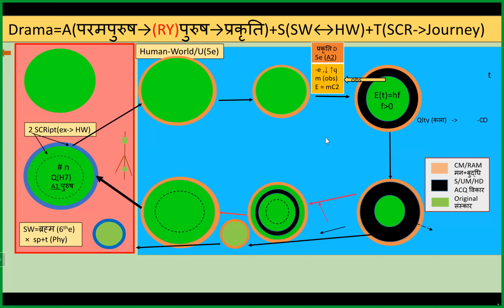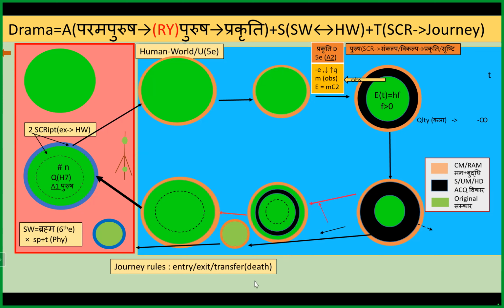When the soul observes Prakriti, science proves what we all know: Sankalp creates Srushti. So the script which is written in the Purush is going to control the Sankalp or Vikalp, and based on that, Prakriti or Srushti is also created. So once the Purush observes, the script of the Purush controls the Prakriti. That is explained in quantum physics.